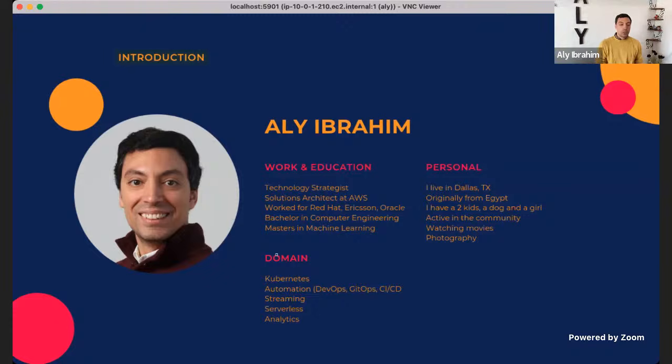My current domain of work is Kubernetes automation, which is now a very big list, which is like DevOps, GitOps, CI/CD, platform engineering as well is part of that. I like also to work with streaming and analytics and serverless architectures. And I don't like to put cloud because most of things are now currently running on cloud. So cloud, of course, is one of my domain interests.